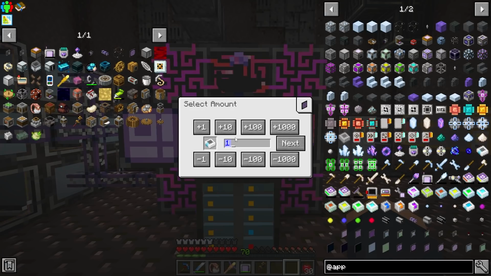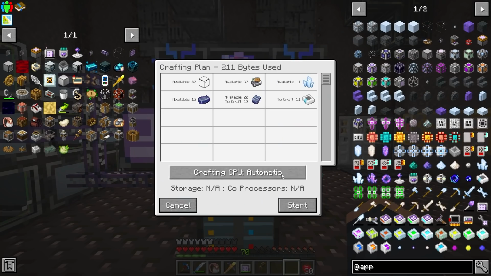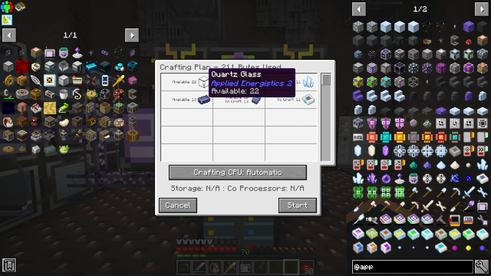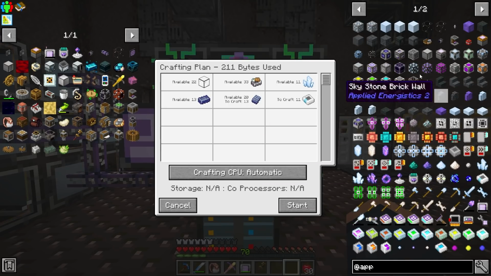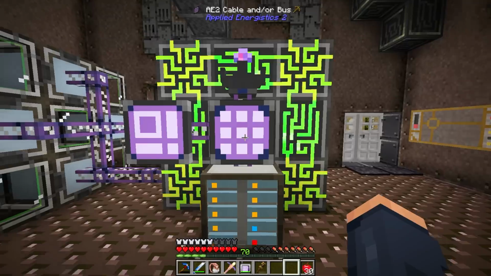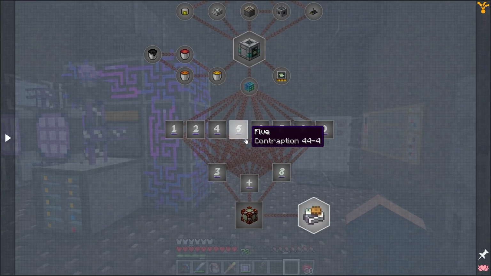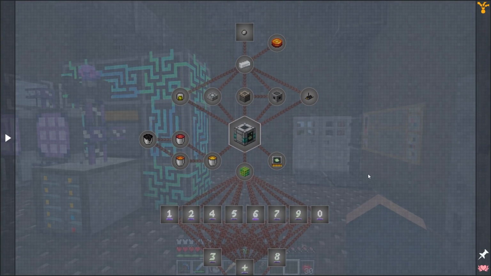Since stuff like this, for example, if I want this, yes, it can auto-craft the lead plate so long as I have lead. However, I don't have quartz glass automated just yet, but these are things that I definitely want to get automated, so that way Applied Energistics becomes absolutely effortless when I move on to the next chapter,